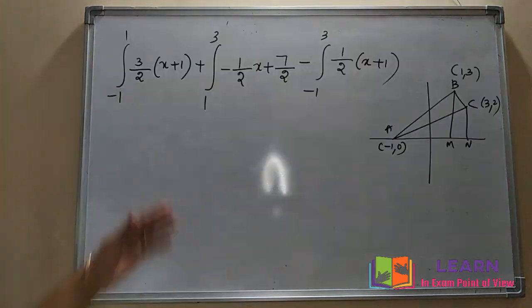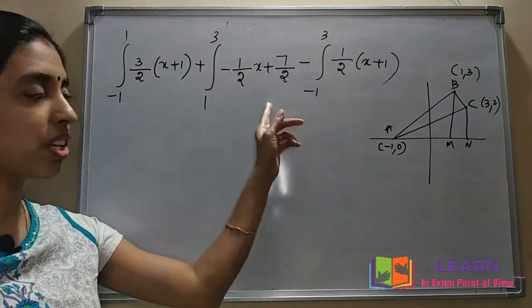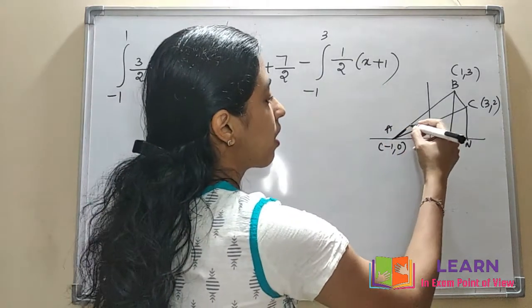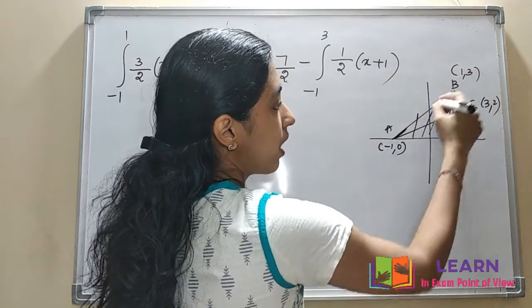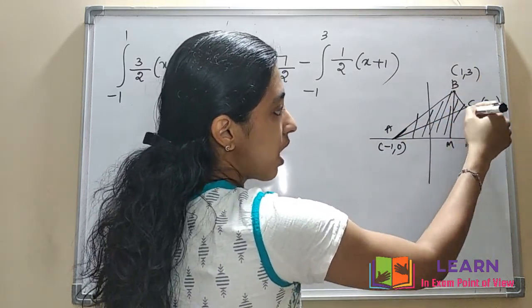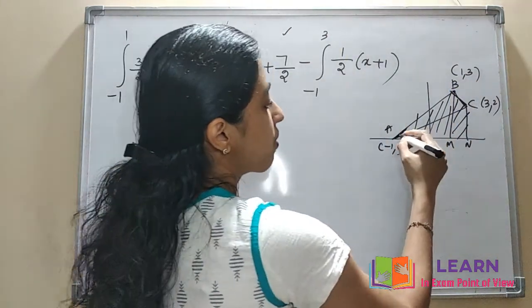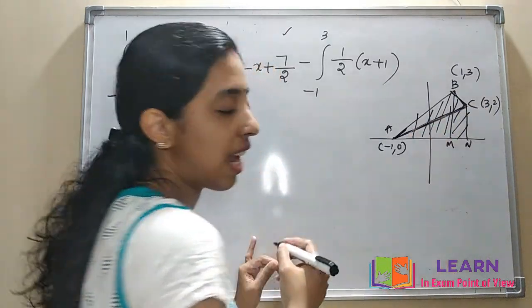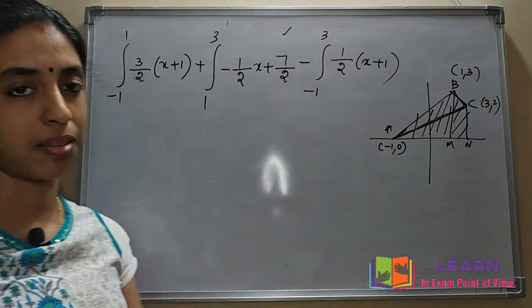Okay. So this is after substituting the three equations we got. This is for line AB. Okay, that is for this area. For this area you will take the equation of AB. And for this area we have to take the equation of BC. And last we have to subtract this portion where we will take the equation of AC. Okay. So AB, BC minus AC.